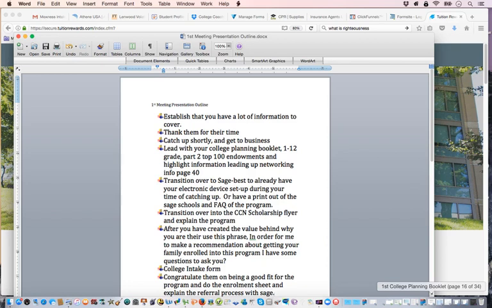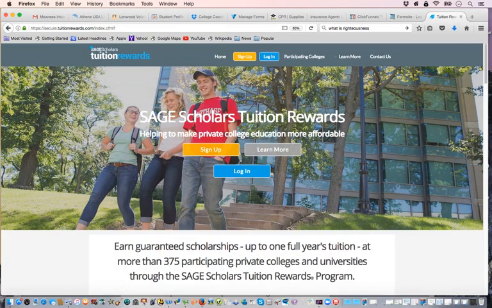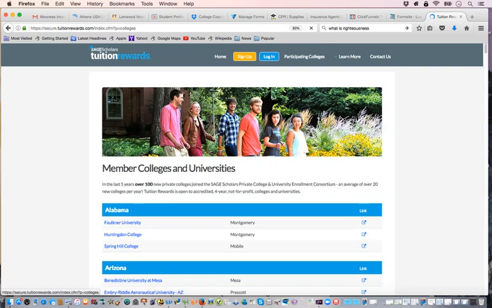There's participating colleges that you can go to, and while I'm talking about it, let me go ahead and go there. If you go under this participating colleges, you'll see that you can actually print that list out. All you have to do is just go in there and just go file and print, and you can print that list of schools out that are there.